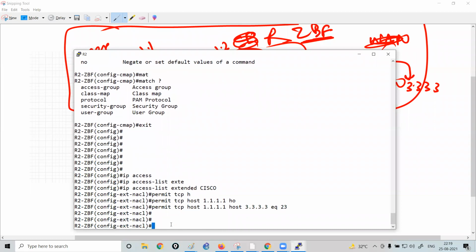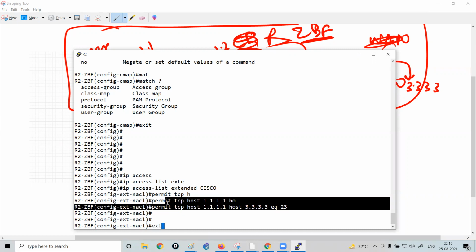That's it. So here, if you notice, I can define the IP addresses, and along with that, I can define the protocol also. 23 is Telnet. So with the ACL, you have the advantage of defining the IP addresses along with the protocol.